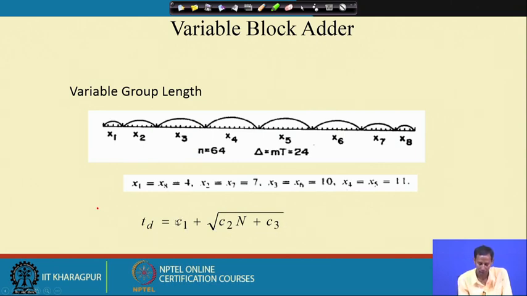That means this is the group corresponding delay for carry 1, what is the delay, then for carry 2 what is the delay, for carry 3 what is the delay, that are basically considered here for computing the corresponding critical path. And here you see the delay is not dependent on a linear dependency, it depends on the square root operation of n. So, that is the beauty of the variable block adder.